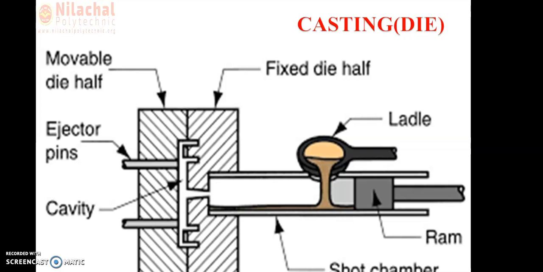Since very high pressures are involved in cold chamber die casting, dies will have to be made stronger in order to withstand that pressure. Let us discuss the application. Cold chamber die casting machines are mainly used for making castings in aluminium, brass and magnesium. Though low melting point alloys can also be cast, they are more economically done in the faster operating hot chamber machine. So this is all about the cold chamber die casting machine.